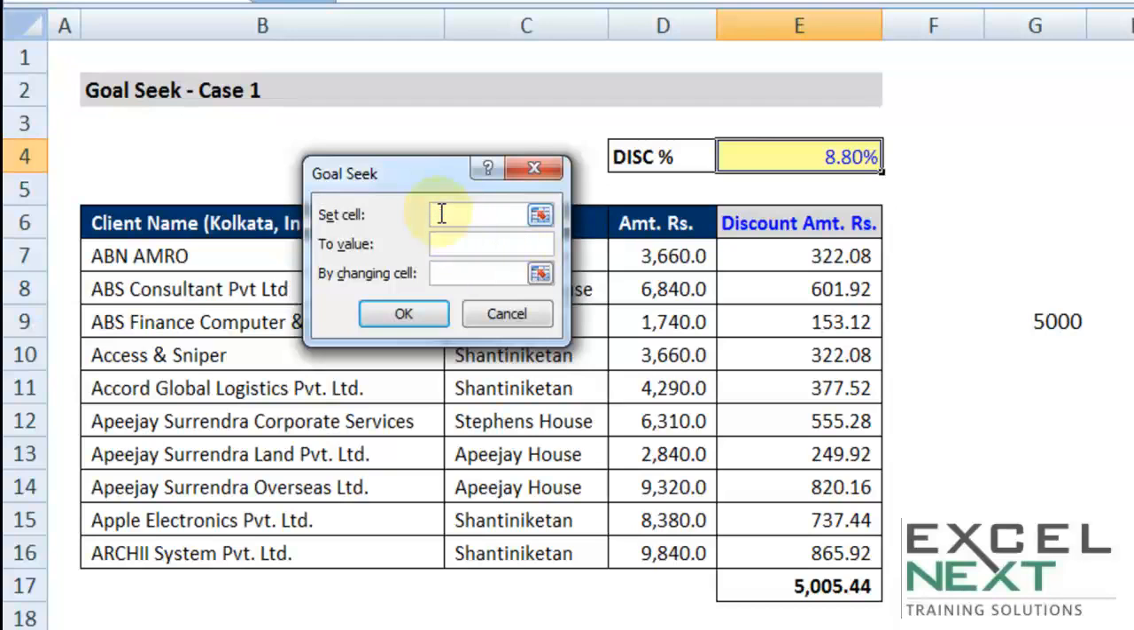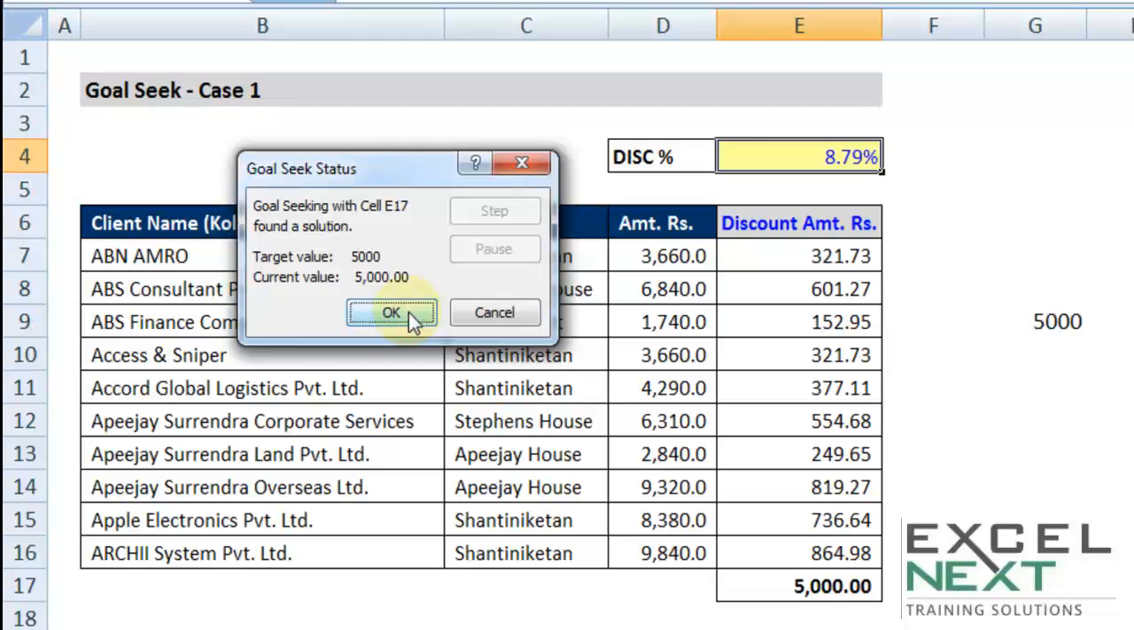So the idea is you already have a goal set. The goal being total discount being 5,000. So set the goal cell, the one which is blinking on my screen, to a value of 5,000 by changing cell. Which cell? The one which is guiding the total discount. That's the yellow cell which contains the discount percentage. So I'll quickly recapitulate. Set goal cell to a value of 5,000 by changing cell. That's the discount percentage. If I press OK,